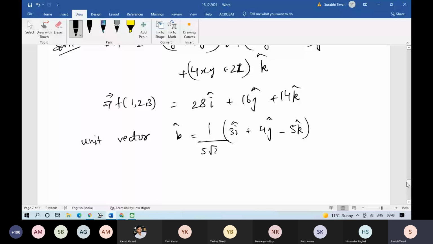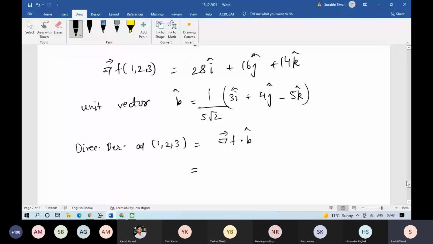सो डायरेक्शनल डेरिवेटिव एट 1 2 3 क्या हुआ, ग्रेडियंट ऑफ f डॉट b कैप। तो निकाल लो ग्रेडियंट ऑफ f डॉट b कैप डॉट प्रोडक्ट, वेरीफाई करो ये आ रहा है कि नहीं। 78 by 5√2. Yes, ma'am. 78 by 5√2. ठीक,